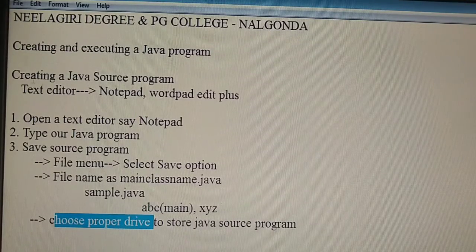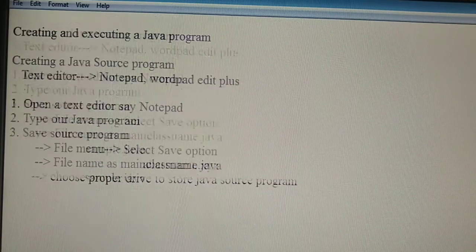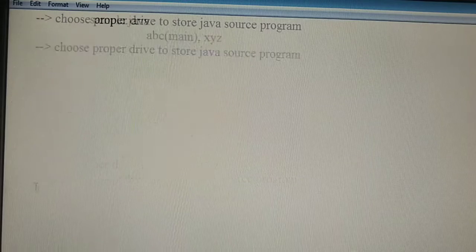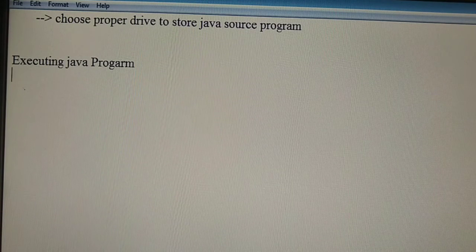Next, how to execute a Java program. To execute a Java program, there are two steps.